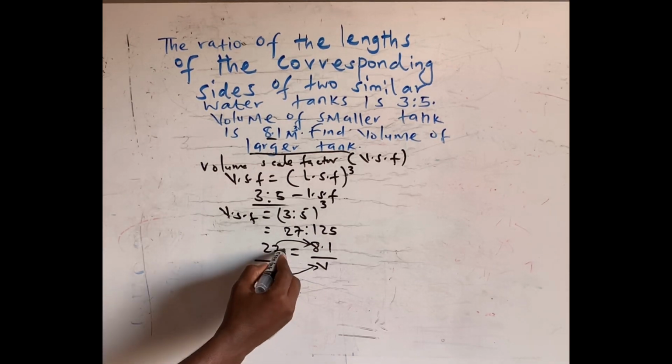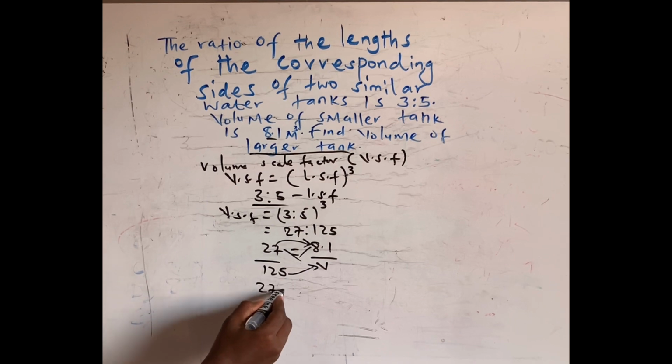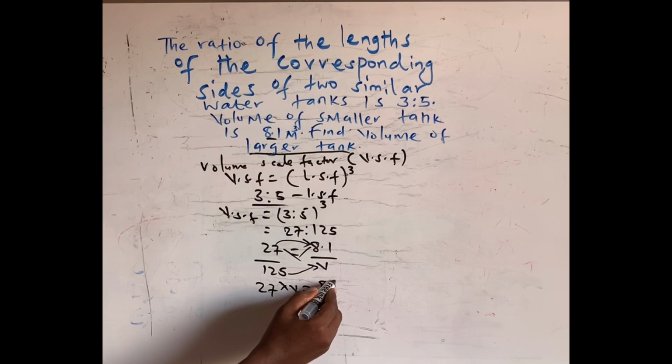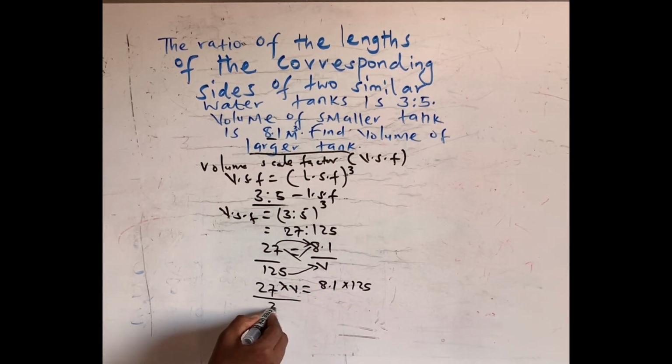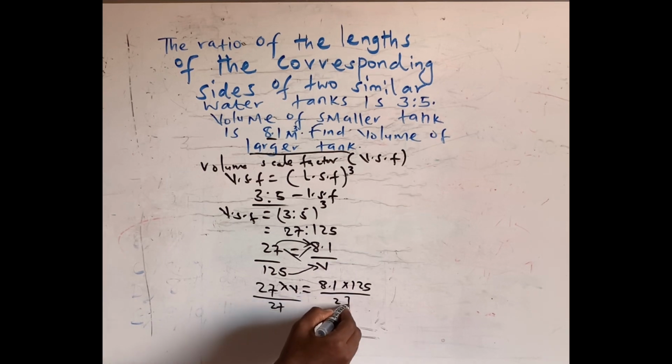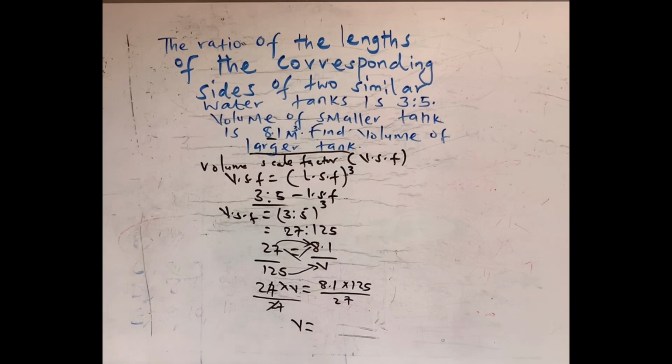If we do cross multiplication, we'll get 27 times V is equal to 8.1 times 125. Dividing both sides by 27, the volume of the larger tank is, using a calculator, that would give us 7.5 meter